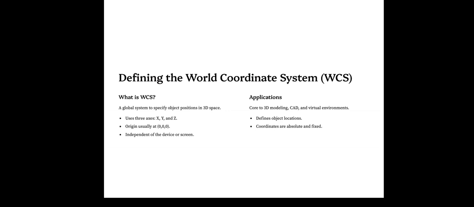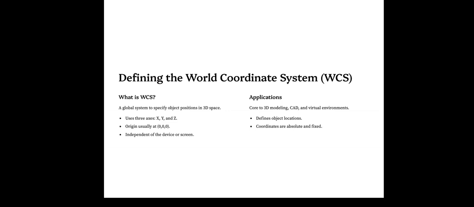Defining the world coordinate system, which is also known as WCS. So what is WCS? A global system to specify object position in 3D space. It is a logical coordinate system used to define objects independently of the display. User defined units, origin, orientation and scale are defined by the programmer.